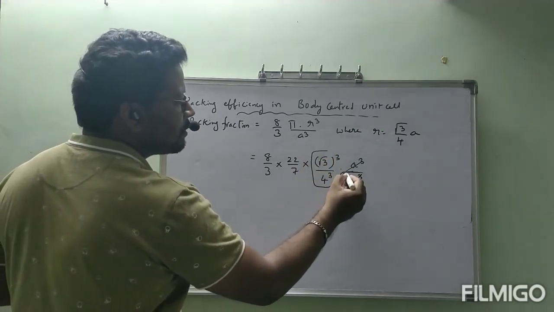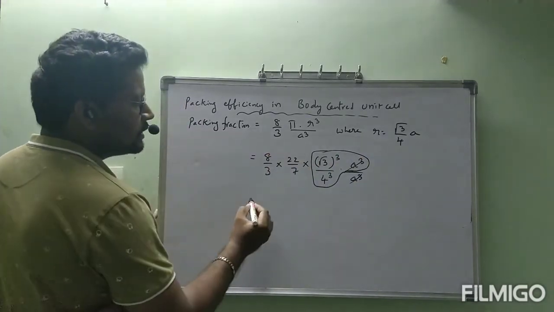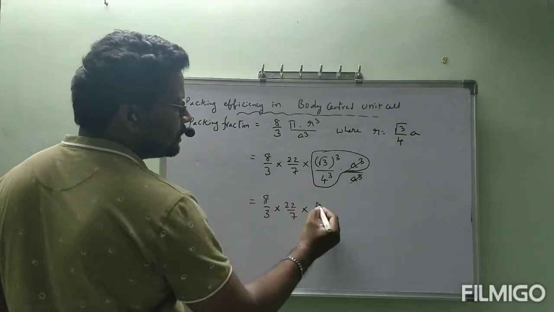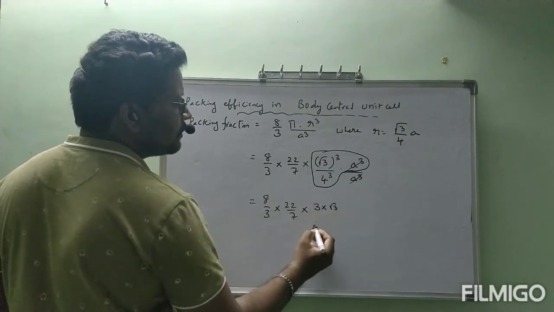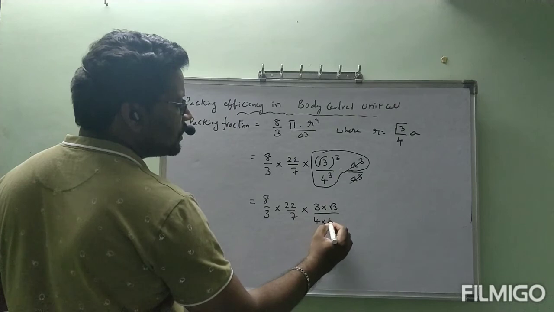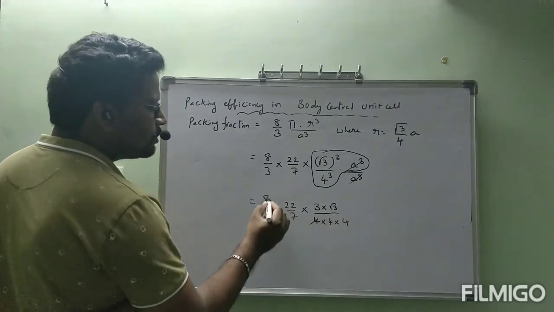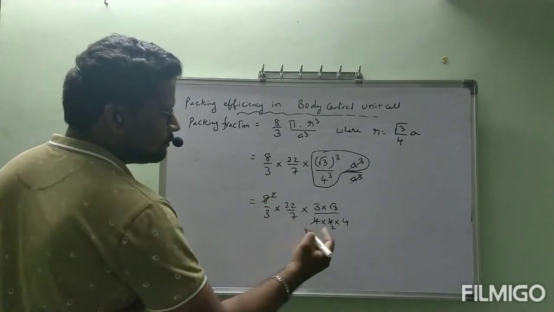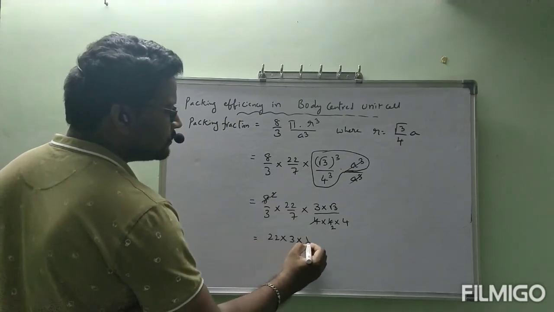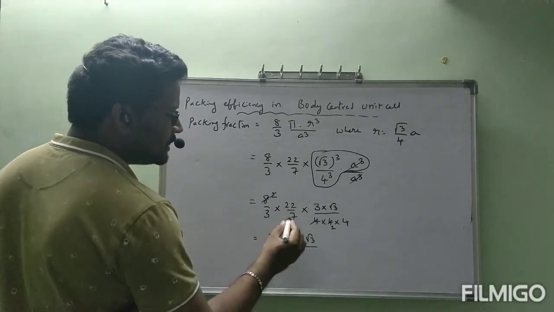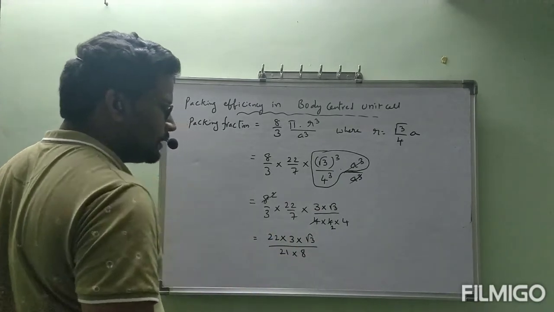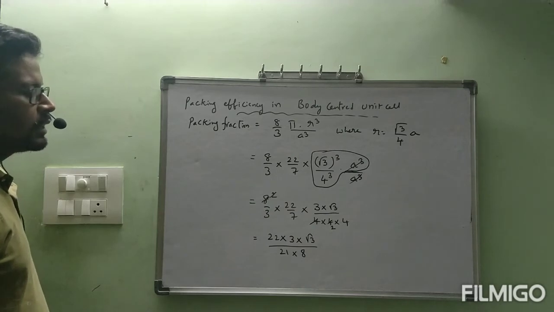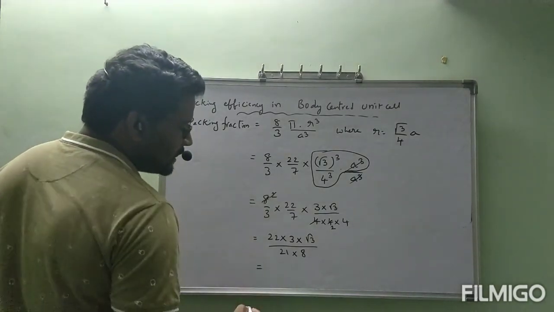This is r cube. Okay, then this one 8 by 3 into 22 by 7 into root 3 whole cube, 3 into root 3, divided by 4 into 4 into 4. 4 2's 8, 2 2's 4, 2 4's 8. 22 into 3 into root 3 divided by 3 7's are 21 into 8. 22 into 3 into root 3 divided by 21 into 8. Okay, if you do this calculation, you will get it as